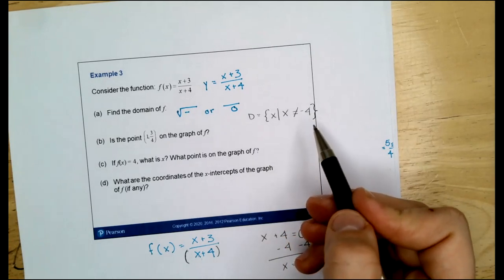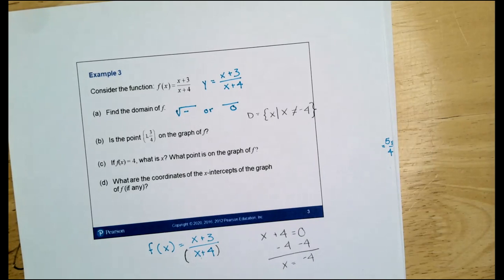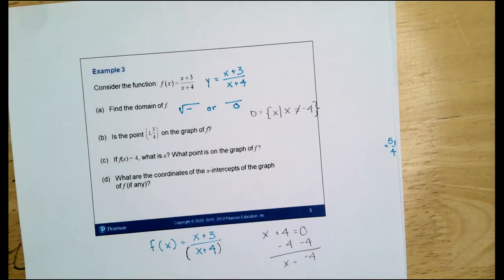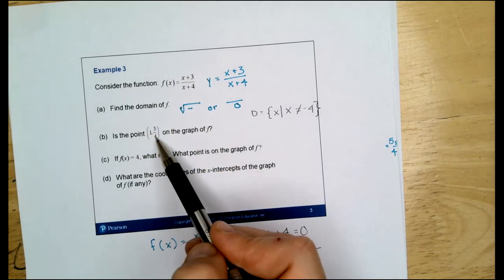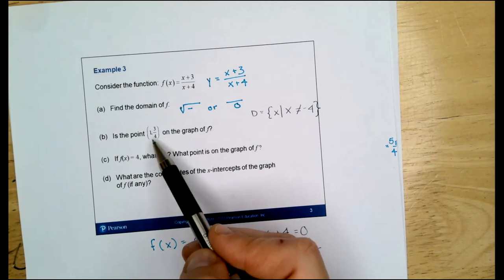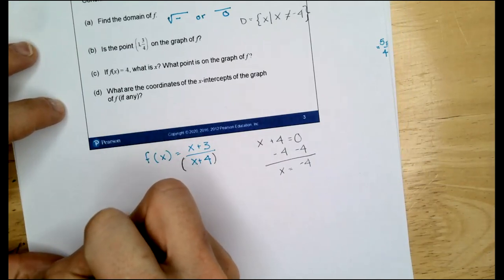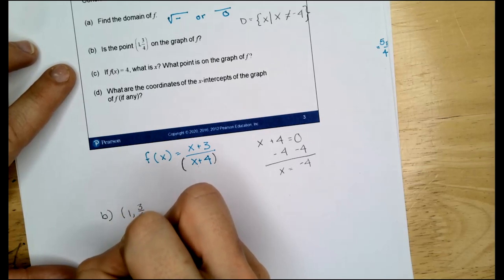The next question is, is the point x equals 1, y equals 3/4 on the graph of f of x, okay? If it is, I should be able to substitute it into the function and it creates a true statement. So we've done checking if a point is on the graph before. One way to do it is to put the graph into Desmos and put the point into Desmos, see if the point is on the line of the graph, okay? Or if you have the equation of the graph, so for B,